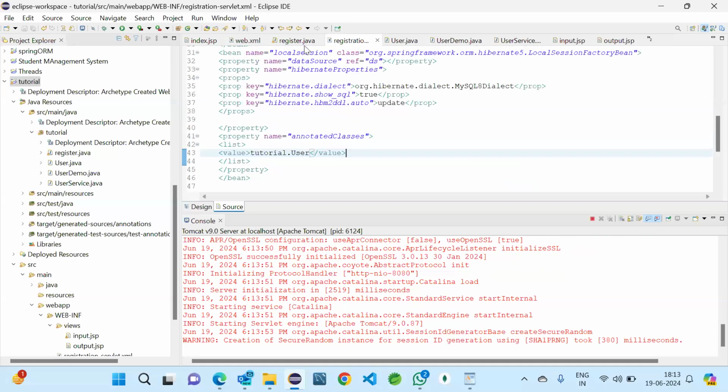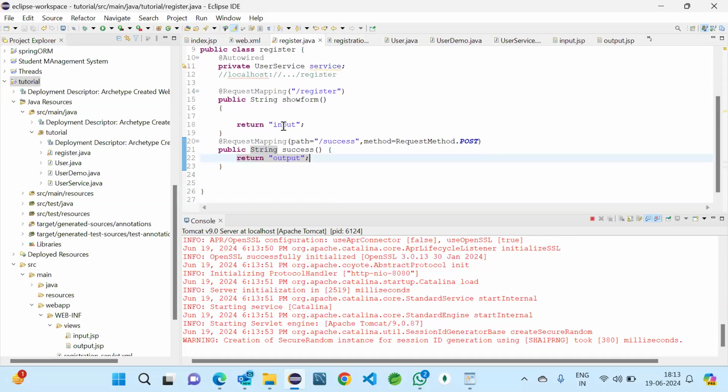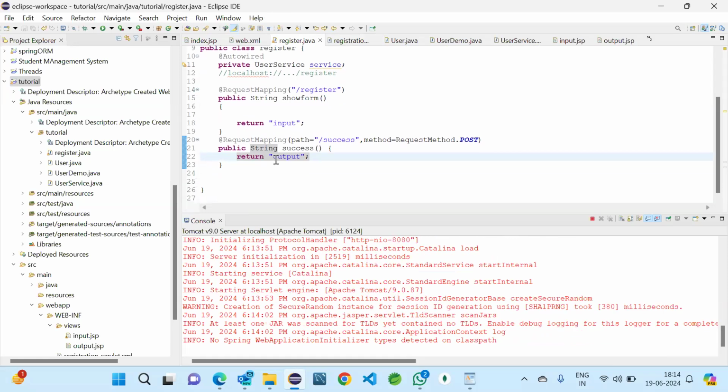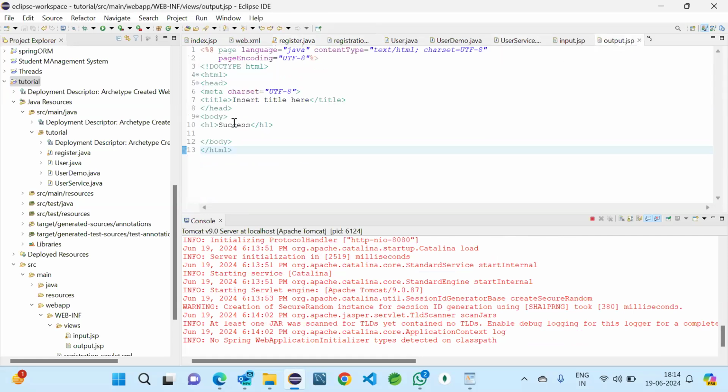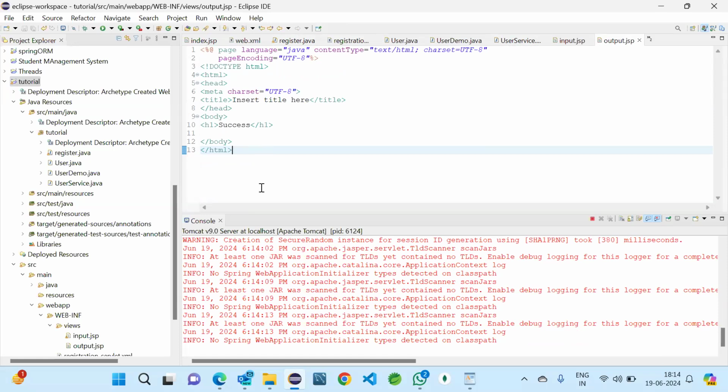Meanwhile, you can see this: for register, we are returning the input page which has the form, and for success we are returning the output page which has the success message. After completing input, we will also customize this. We don't want only success, we'll do something on this.